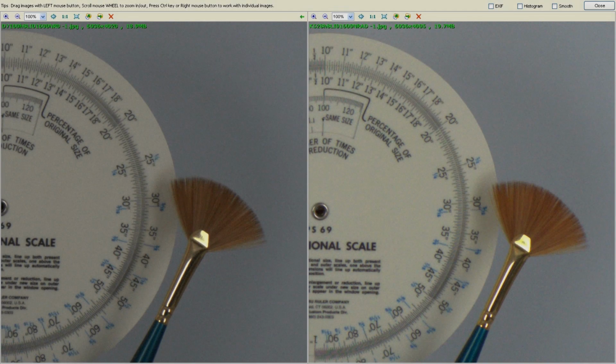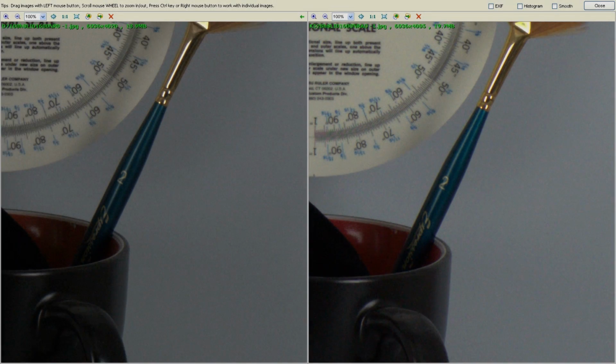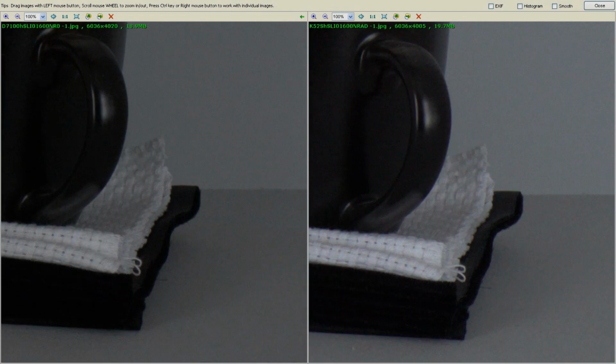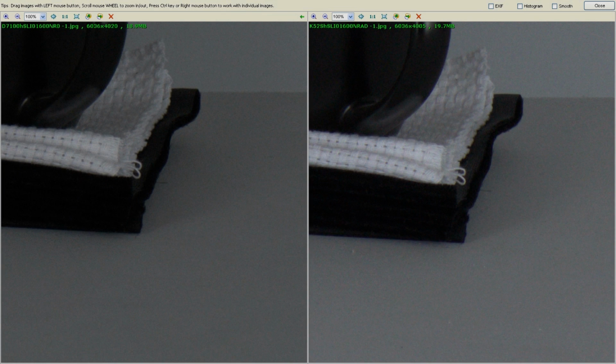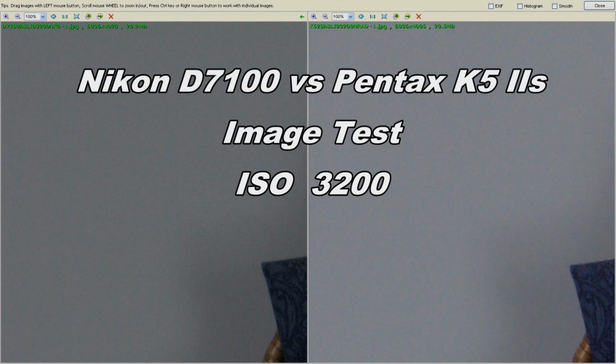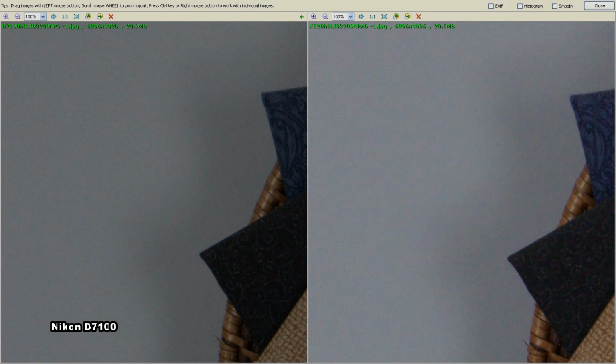You know, that's like taking a Fuji sensor and giving it to Sony and saying, here, use your imaging processor and make it happen. Or it's like taking a Fuji sensor and giving it to Canon and saying, hey, use your Digic 5 processor with this. Sometimes these ideas aren't necessarily always the best. Now,